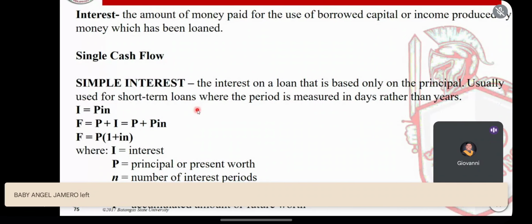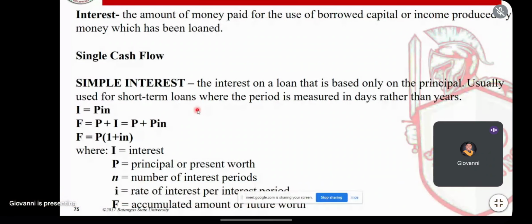So when we say interest, this is the amount of money paid for the use of borrowed capital or income produced by money which has been loaned. So when we say interest, iyan yung sinasabi nating patong sa utang. For example, you will be loaning an amount of 1 million pesos sa bank for like gusto niya magtayo ng business or bumili ng bahay. So yung 1 million na yon, you will be paying that 1 million pesos including the interest. For example, ang interest na is 20%. So computin nyo yung 20% ng 1 million. Yung 20% na yon, yun yung dagdag na babayaran nyo sa